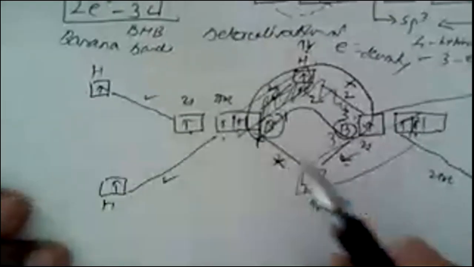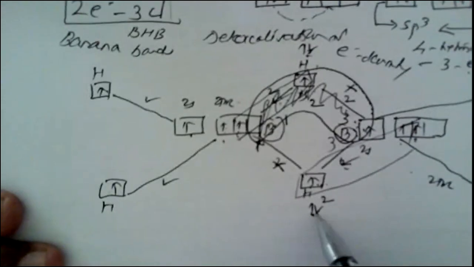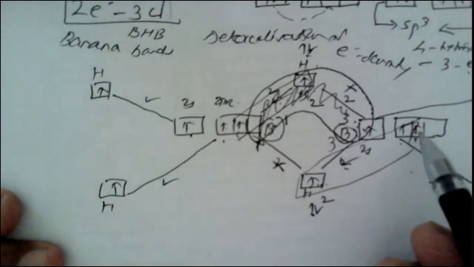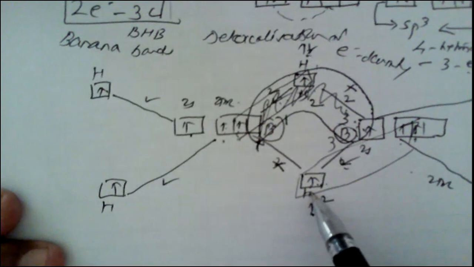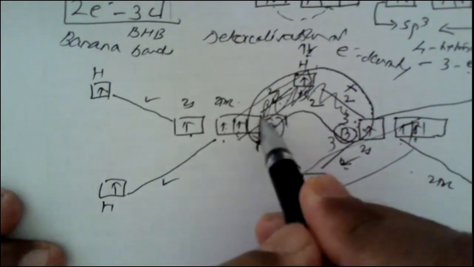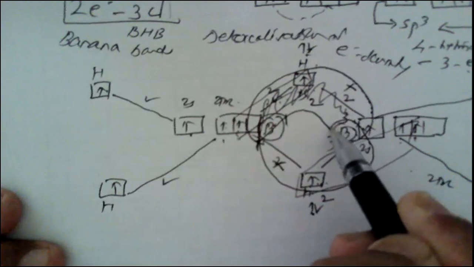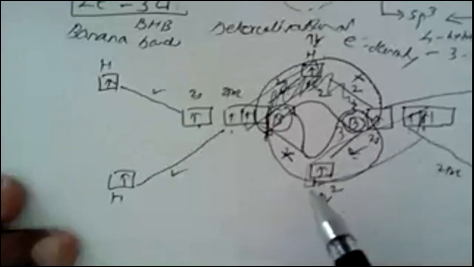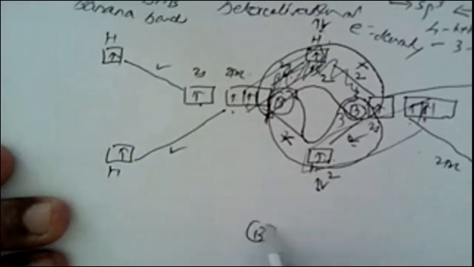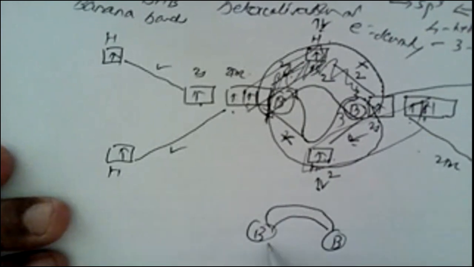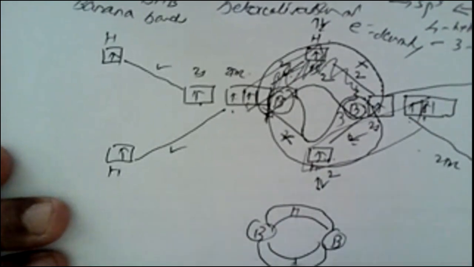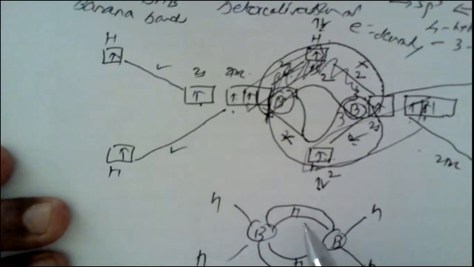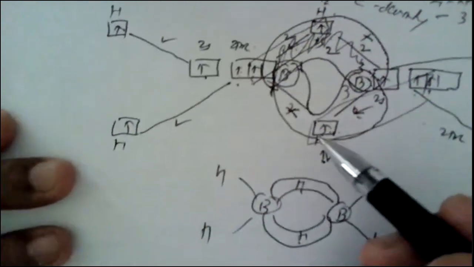in diborane. Similarly, these two electrons, that is one electron from boron and one electron from hydrogen, this electron density again spreads over these three atoms like this, and that electron density takes the shape of a banana. So we can find that in between two boron atoms, the banana bonding like this. Here hydrogen atoms are there, and here again hydrogen atoms are there. So these hydrogen atoms are in a different environment.